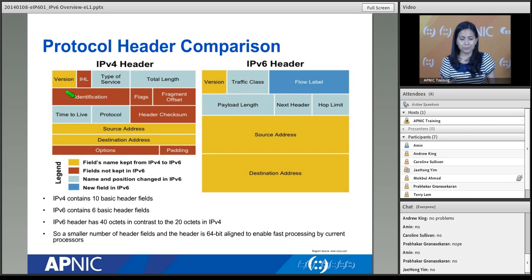So let's just clarify something here. The reason we remove a lot of these things is partly because in some cases when you send a packet, they're not actually used. Okay, in some cases they are used. So the idea is you don't want your router to process something if the contents are just all zeros or if it doesn't mean anything for that particular packet, right?